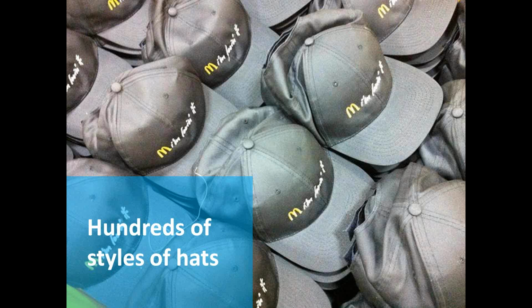So if you've got something that's critical that's in the middle of the design, make sure you get a sew-out or you get a sample first if you want to see how it's going to sew or if there's going to be any problems. Most hats can sew very well, and there usually isn't a problem, but sometimes you encounter